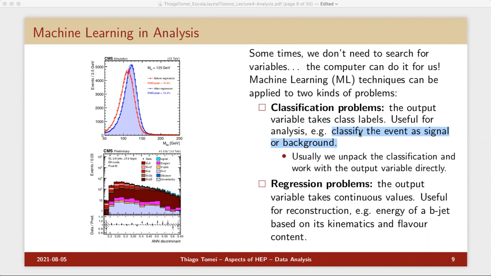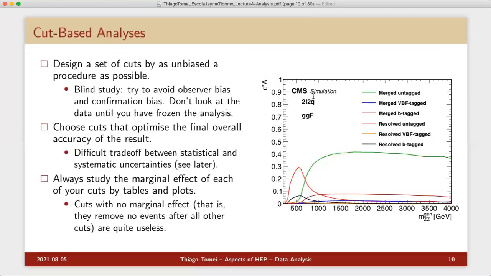So machine learning is one of the newest and, dare I say, best tools in the toolkit of the modern high energy physicist. Fine. But of course, there is one problem. You cannot really interpret the machine learning output. Understanding what the machine is learning is a research problem in computer science. It's not something that even us high energy physicists can tackle. So sometimes we have to go back to basics,